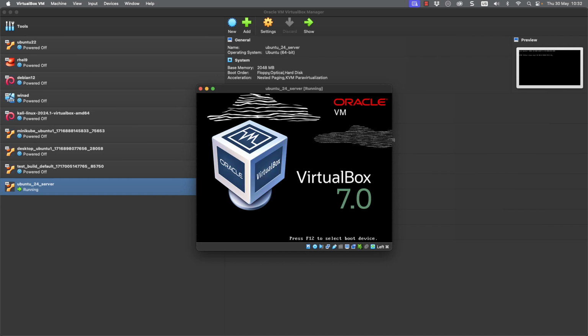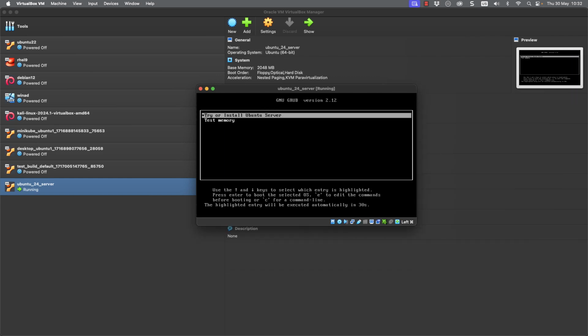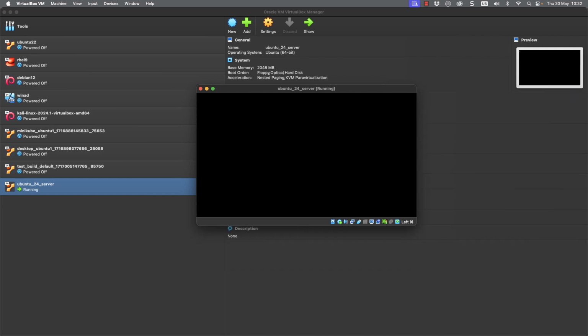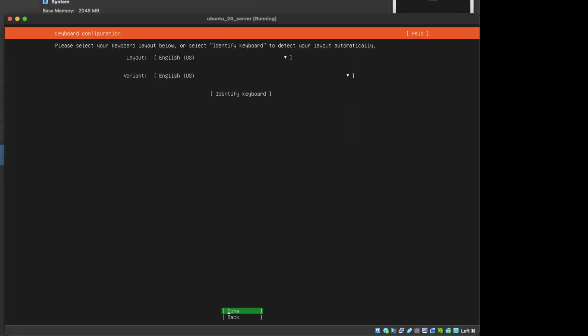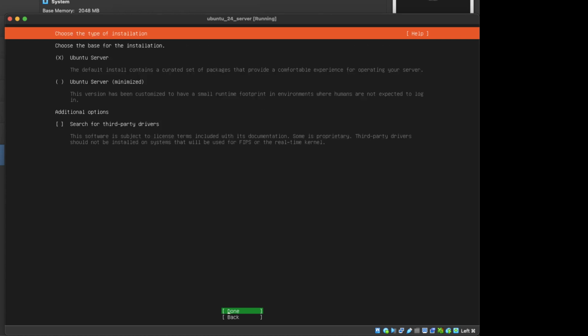Now, obviously, I can't connect to it remotely at this stage because, well, I haven't booted it up. But as I go through, we can dive in and choose English. English and US is going to be good. Now looking, I can choose the Ubuntu server, but I don't know exactly what's going to be installed, and I want it as minimal as possible, and I can add in additional packages later.